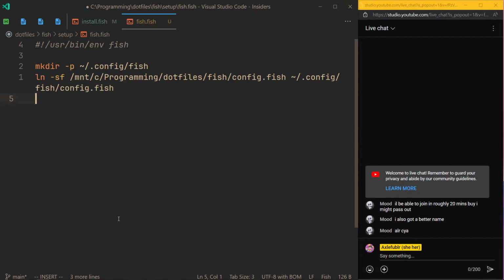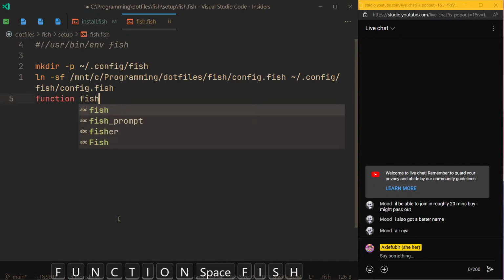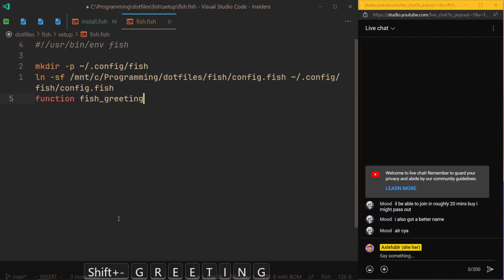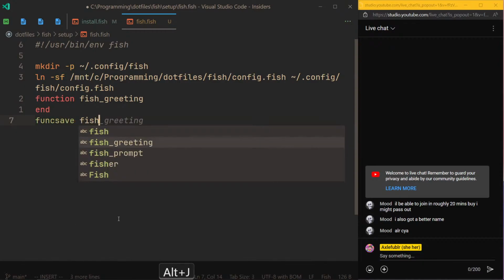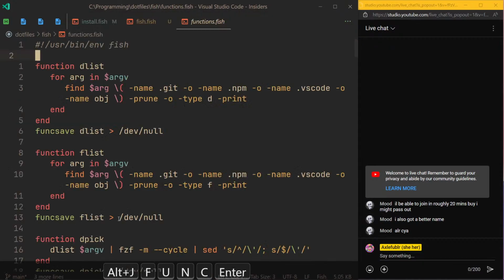Oh wait, easier. Function fish_greeting and funcsave fish_greeting. And let's just see if the syntax is correct. It is,